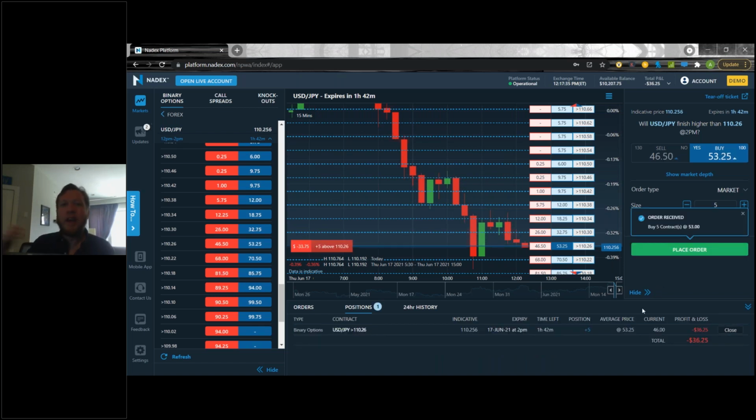It went right in, and now I can see my position down here. I can also see a little bit of confirmation. I'm not sure if you all caught that, it pops up right when you actually place that order. It tells you the time, and it tells you the price that you paid to get into that contract.